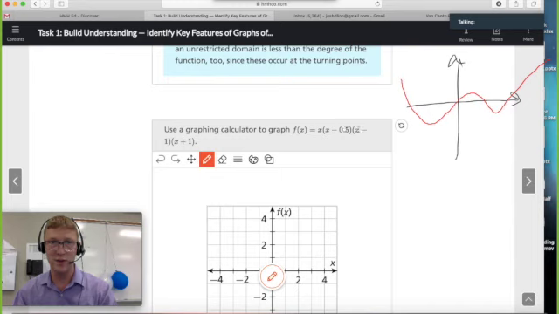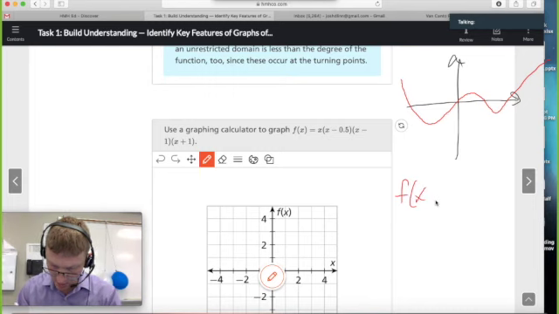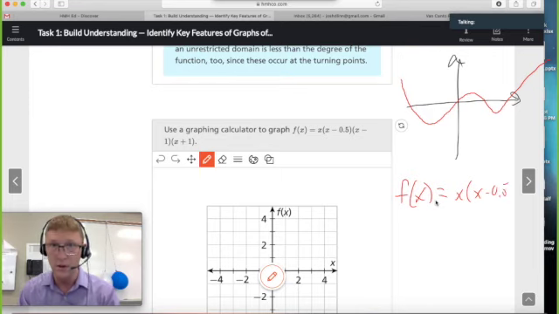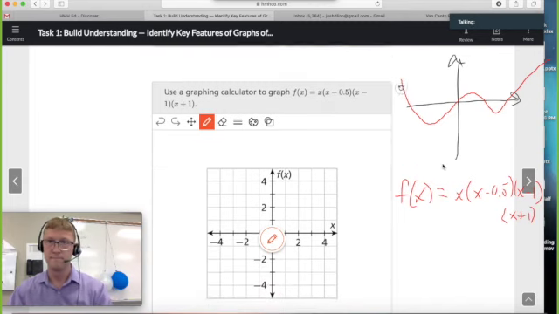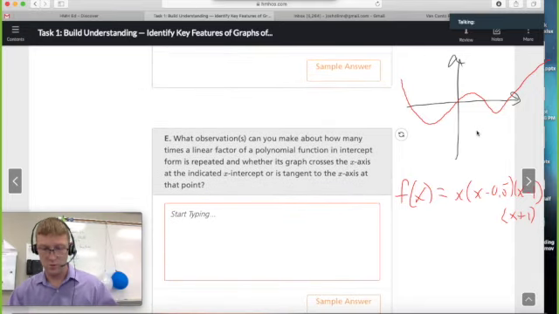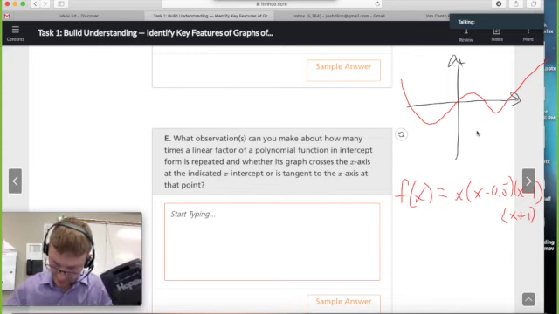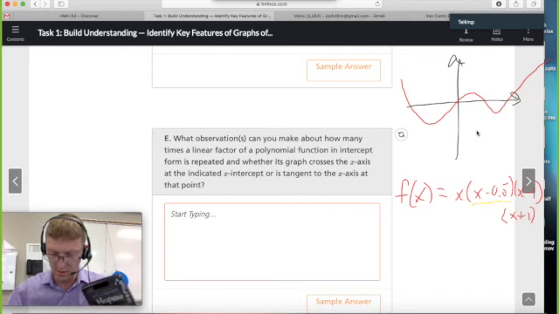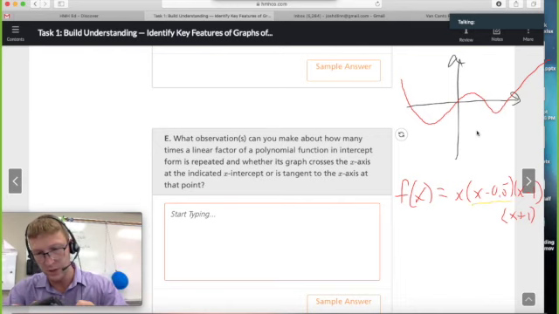So here is our function. We're just going to write that down so we can see it later on. x minus 0.5, right? Yeah. x minus 1, and then x plus 1. So we've got this x minus 0.5 right here. So I'm going to zoom in on my graph to see if